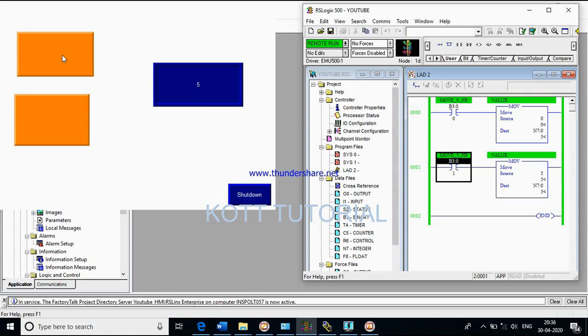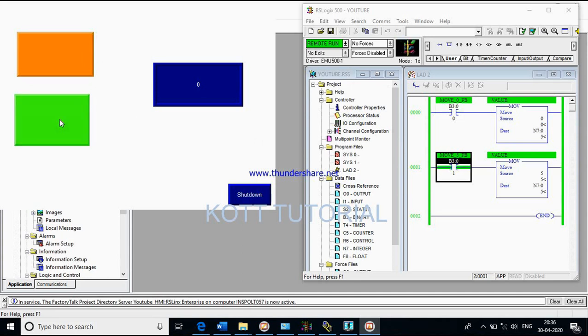Now this is the push button. If I press this, it shows green, which means my move push button is 0. Now N7:0 has a 0 value, you can see here. Similarly, this is the move 5 push button.